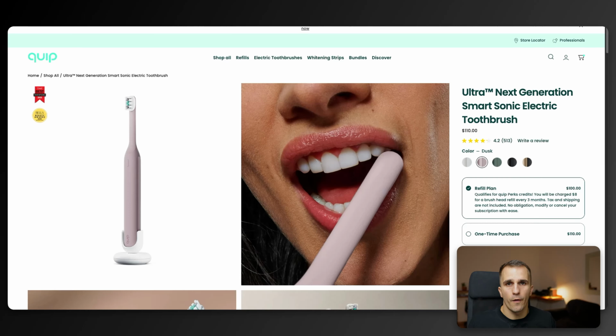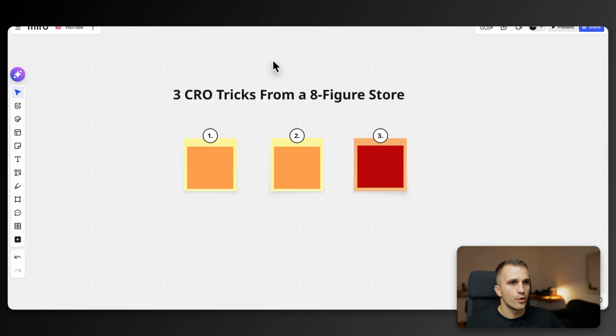In this video, we're going to cover 3 conversion rate optimization tactics that you can take from this 8-figure store and apply to your Shopify store. These 3 conversion rate optimization tactics work across all the different industries. And if you struggle with low ROAS on your Facebook ads and high CAC, this can be something that, when applied and tested in your store, can help you with reducing your CAC so you can scale much more